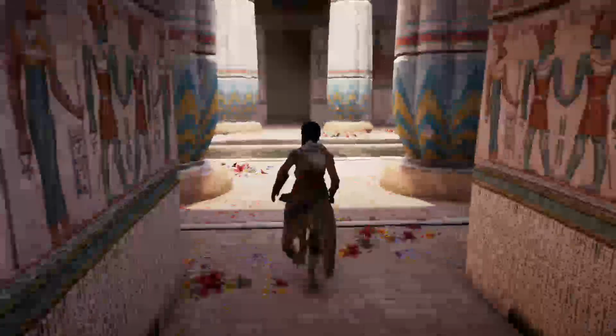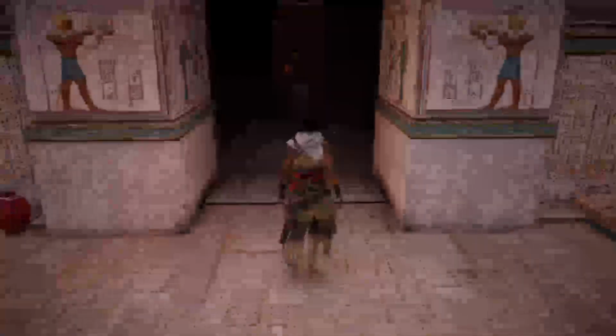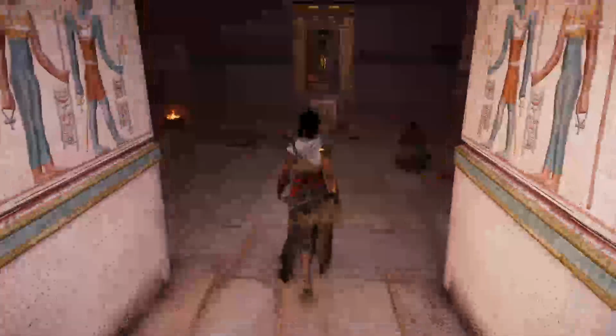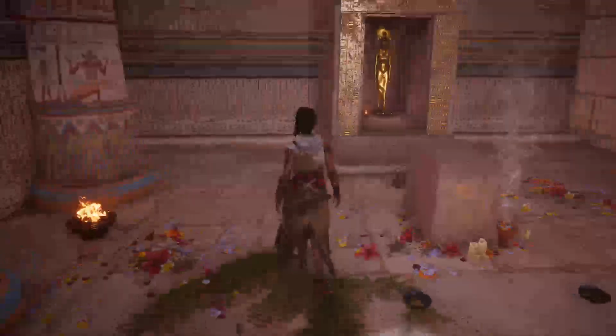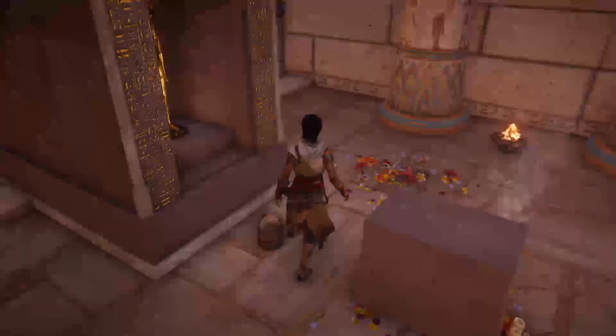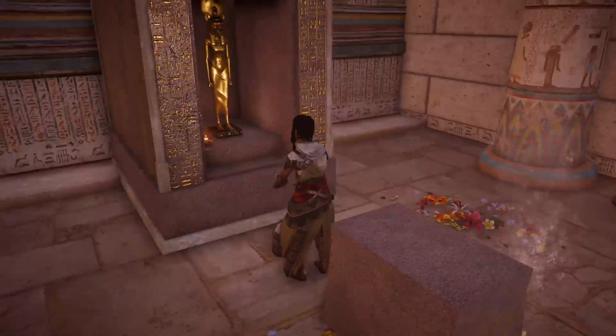I'm taking Aya into the Temple of Sekhmet because there is a fairly good animation hotspot not far away from the very altar of Sekhmet.